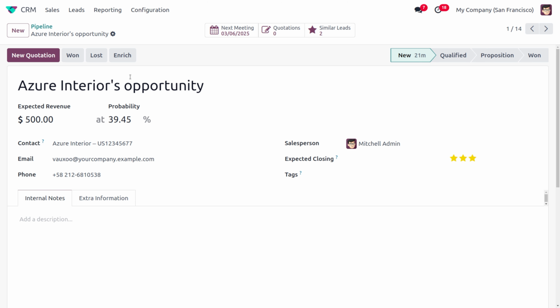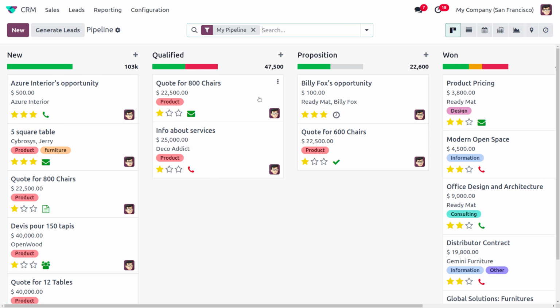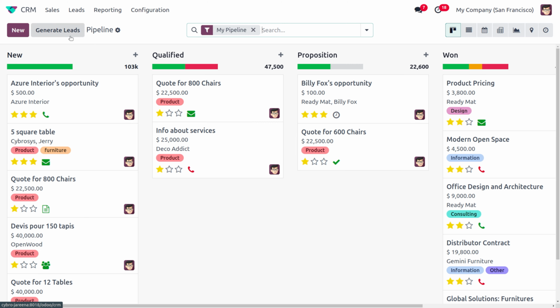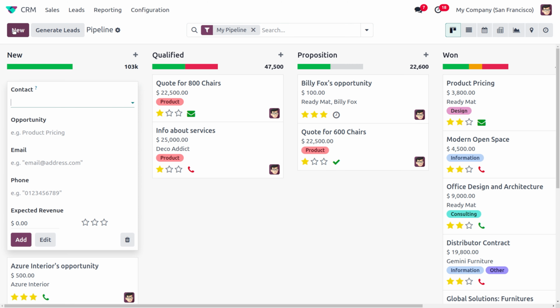So likewise, we can also manage the activities from a particular task directly. Without scheduling the activity from here, we can also schedule the activities or set everything. In this case, you can see it's been set already. Now let me create a new task.